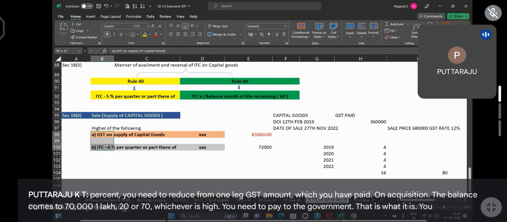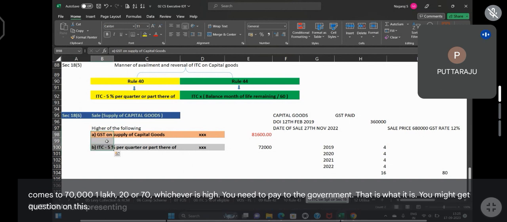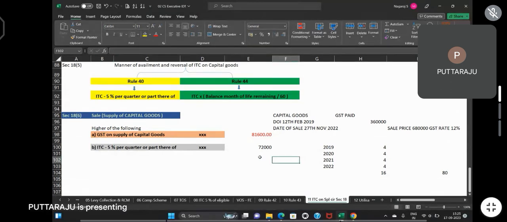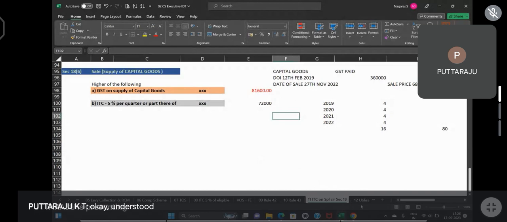You might get a question on this, capital goods. Okay, understood? Next,